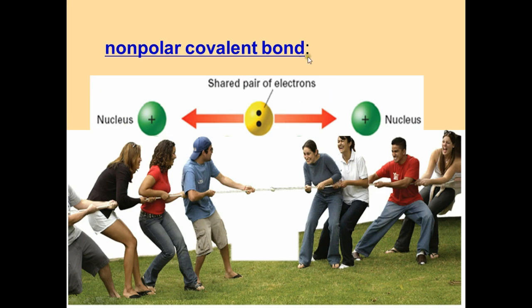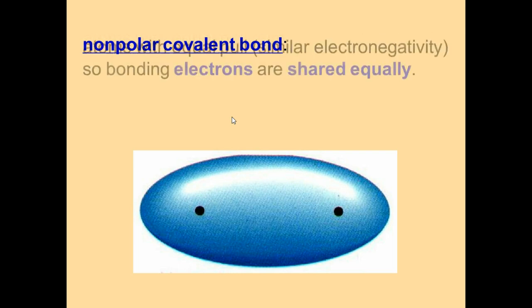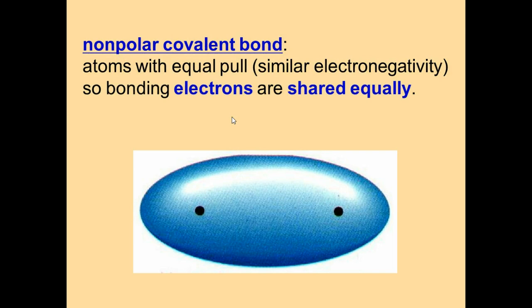And same thing in nonpolar covalent bonds. These electrons are shared equally by the two different atoms. And here's another diagram showing pretty much the same thing, but in the molecular scale. So nonpolar atoms are atoms with equal pull or similar electronegativity, so the bonding electrons are shared equally. So here you can see that there's a nice oval around the electron cloud, and neither side appears to have